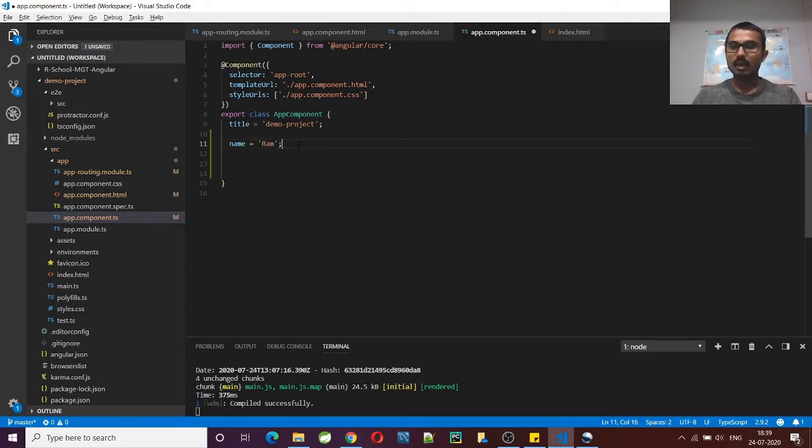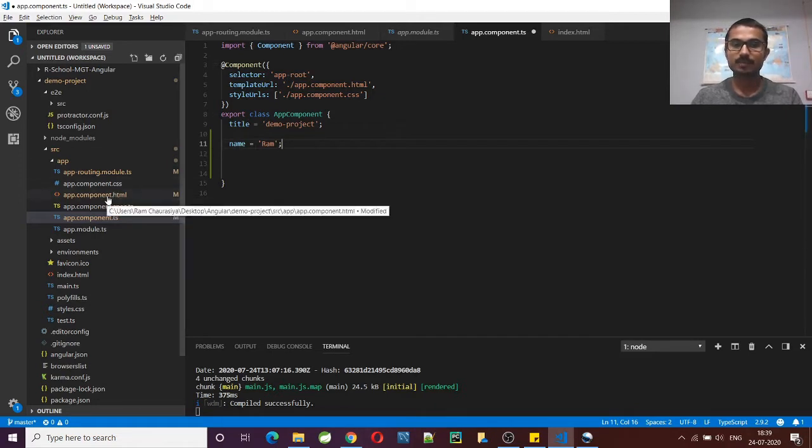And the first thing I'm going to describe here is data binding by using string interpolation. All these variables for which you are not giving any private or public, they would be public by default, and this will be available to the HTML component.